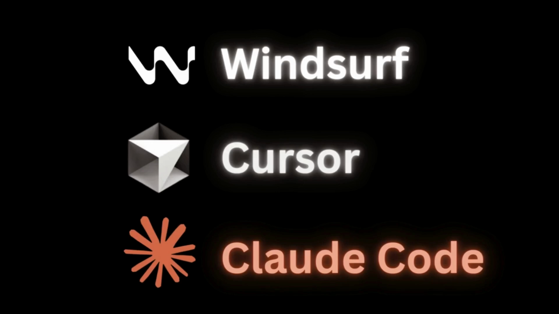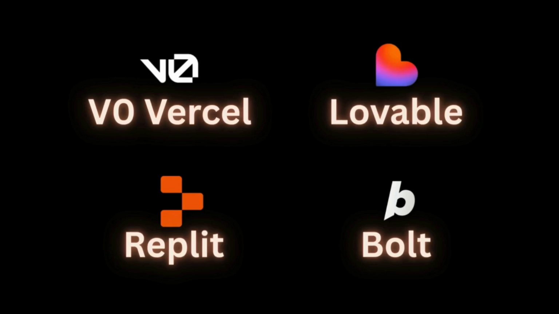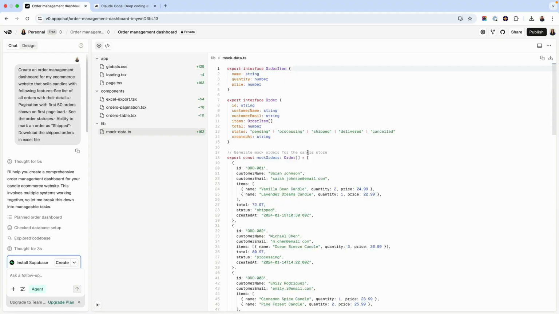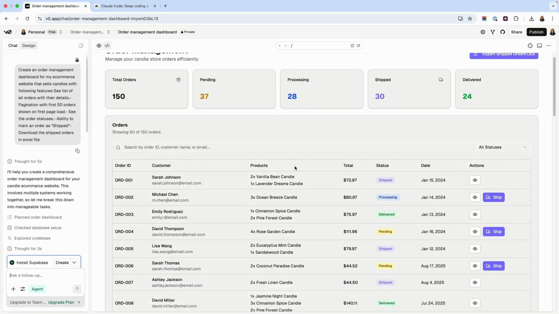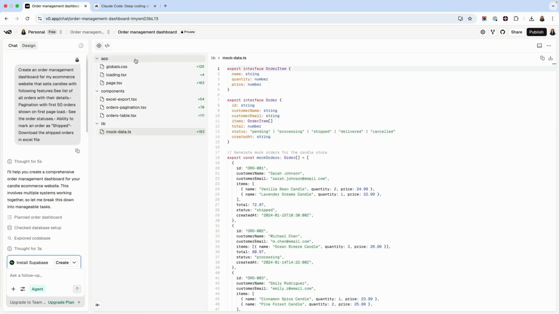For example, if you look at developers, they have something called Windsurf, Cursor, or Claude Code, which is the most recent tool they use. If you look at product managers, product marketers, or even founders, they tend to use more of Vercel's V0, Lovable, Replit, Bolt, these kinds of products. The difference between the two is one gives an output in pure code format and the other gives an output in code plus UI. When you have code plus UI, it becomes very interesting for non-coders, non-programmers. They can easily understand the output without having to look at the code.